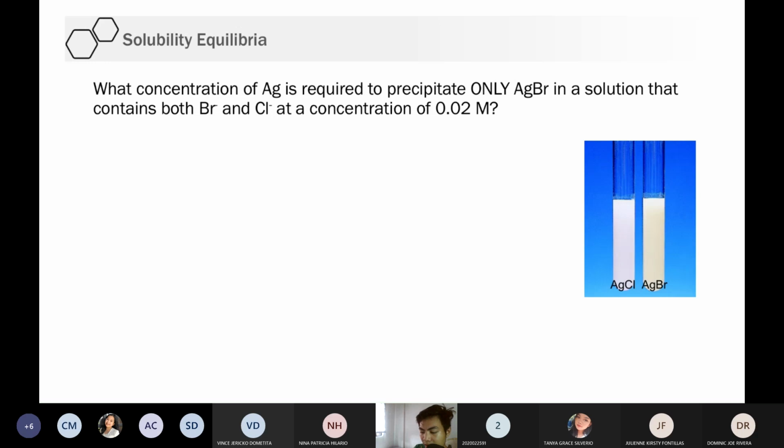Itong mixture, sige, try natin. So, let's try this, no? Suppose you have solutions with barium ions and chloride ions, and yung concentration nila ay 0.02. Okay. So, what is the concentration of silver that is required to precipitate only silver bromide, no? So, sabi diyan may